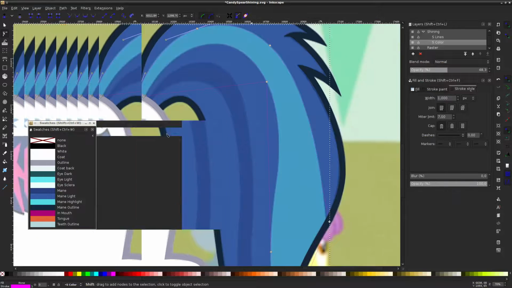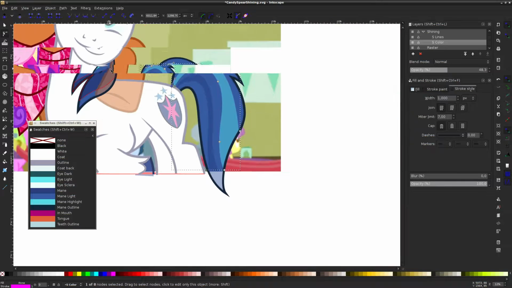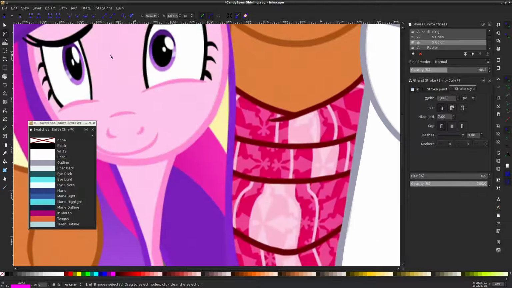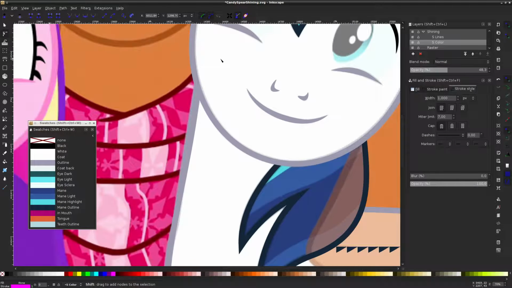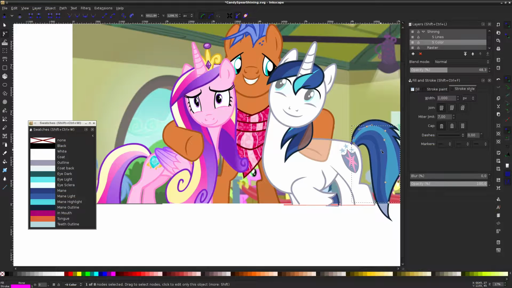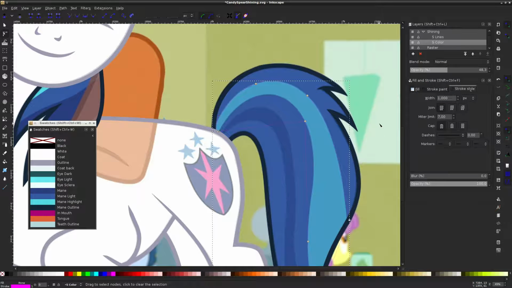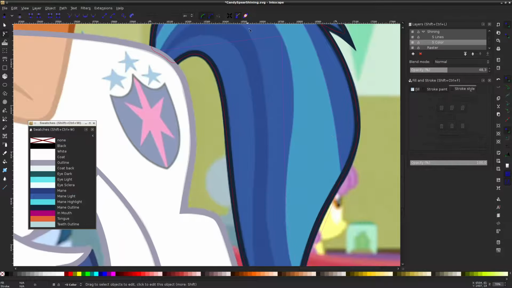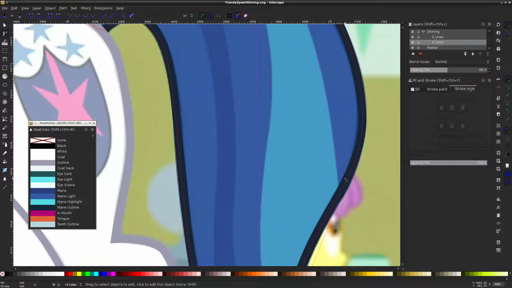But again, Shining is a stallion, so he doesn't have these. No, he doesn't have those glowy parts. See these parts? This sheen in the eyes. That's something that apparently only mares have. Well, mares and colts and fillies. Stallions don't have that for the most part. Well, that's a good thing, and I think I actually have that on